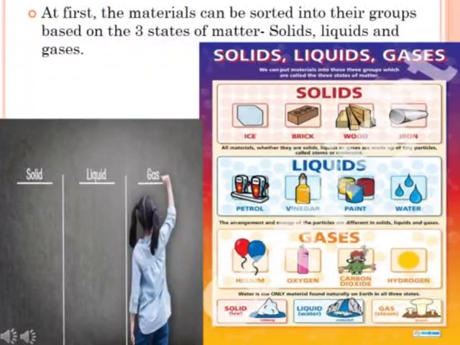We see then that we choose a material to make an object depending on its properties and the purpose for which the object is to be used. And what are all these properties? Some properties are appearance, hardness, solubility, which means soluble or insoluble, transparency, and whether an object may float or sink in water. These are all properties of materials that are important for their usage, and we will discuss all properties in the next videos.